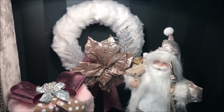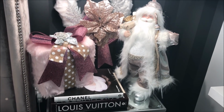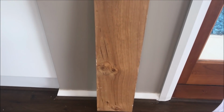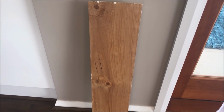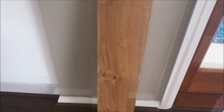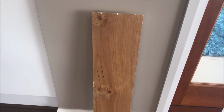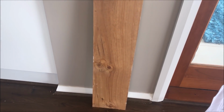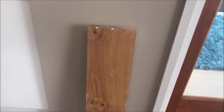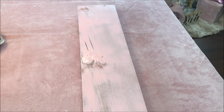Now my final simple DIY, guys, starts with this piece of plywood. Now, if you have been following me for a while, you know that I made a sign for fall with this piece of wood. So all I've done here is basically flip it over, guys. And off camera, I took it outside and I spray painted it my favourite blush candy pink. Now guys, I only gave it a very light coat as I like to see the knots of the wood